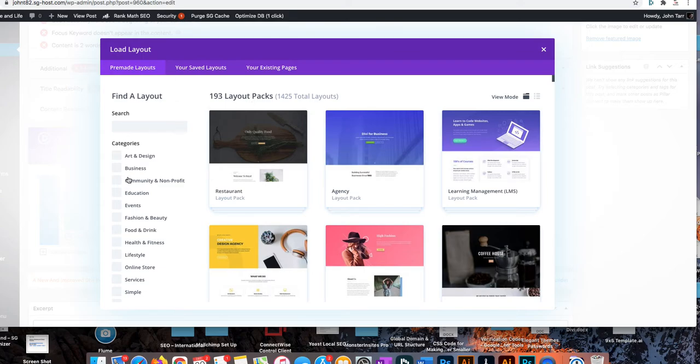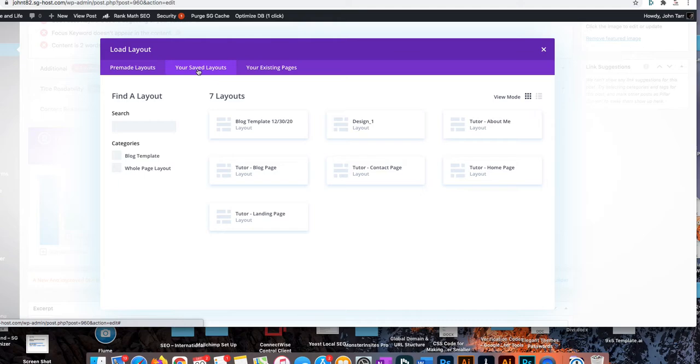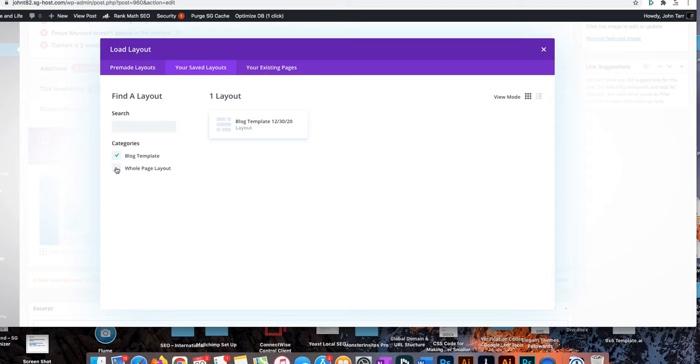So we're not going to touch this. This is not where we're going to go. We're going to go to your saved layouts right there. Okay? And then you can see some stuff show up here, but I'm going to press blog template. I could do a whole page layout because remember, we had told it we wanted it in 2 places, blog template and whole page layout. But to shrink that down, but here it is, blog template. So all you got to do is click that baby